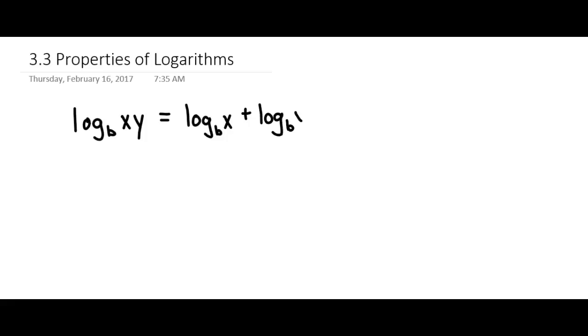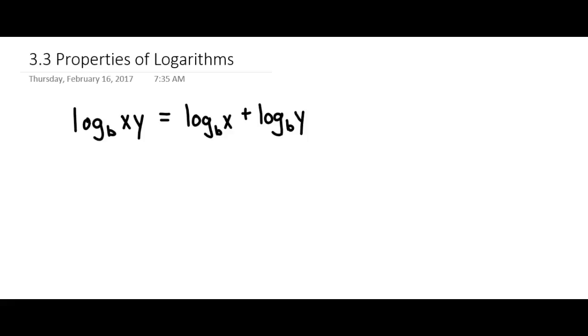Let's take a look at a few examples of properties of logarithms that will help you both separate logarithms out into multiple logarithms or combine multiple logarithms into one simple term. The first property is the product property, which says that a log of a particular base of two factors multiplied together can be written as log of that base of x plus log of that base of y, which is